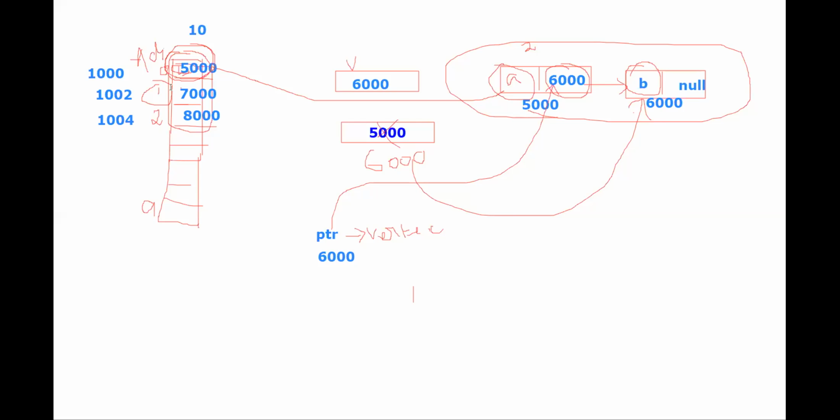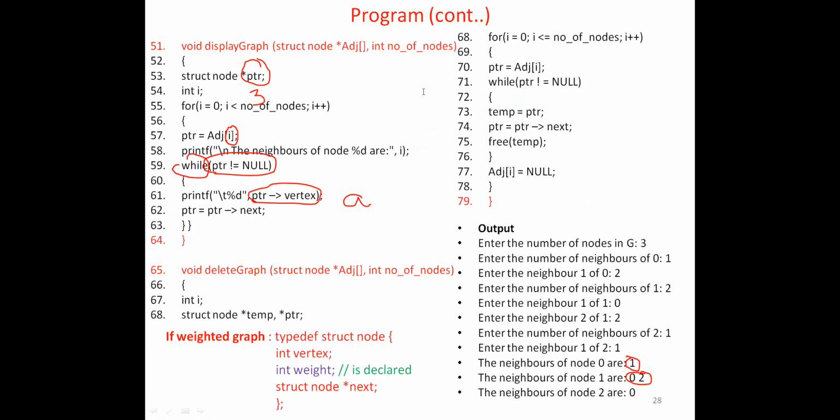The while loop will run again. Pointer is not equal to null? Yes, it is 6000 now. It goes inside and prints the pointer vertex B. Then again assigning the address, here pointer next is null. Null is assigned to pointer. Now the pointer stores null.